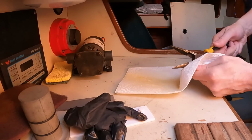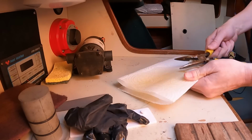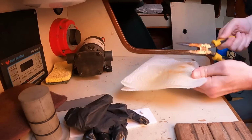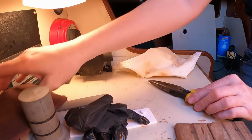Y'all, I think the patient's gonna live. Some battle scars, but she'll live. I suppose I should get used to my tools being rusted. From everything I understand, there's pretty much no way to avoid it when you live on a boat. Not to say I'll be careless, but I'm not gonna cry. Actually,